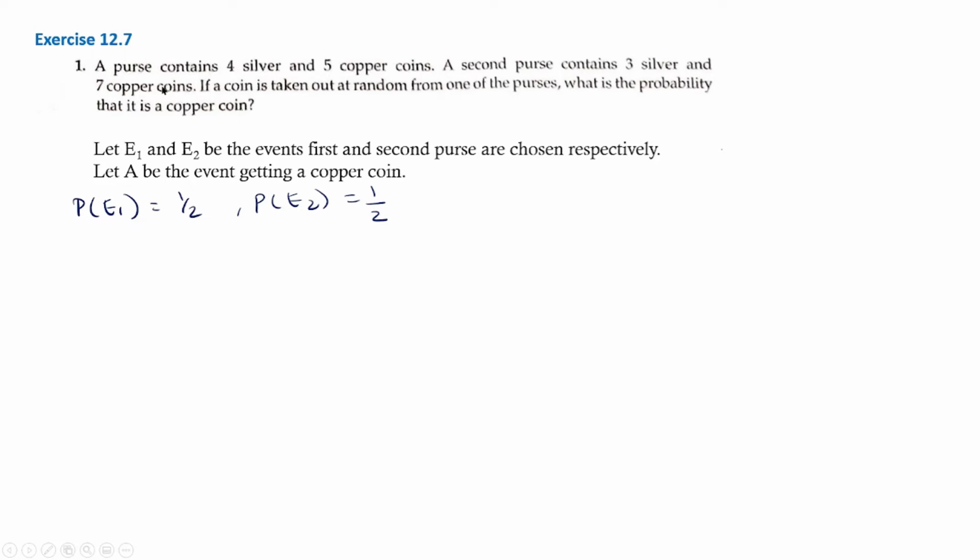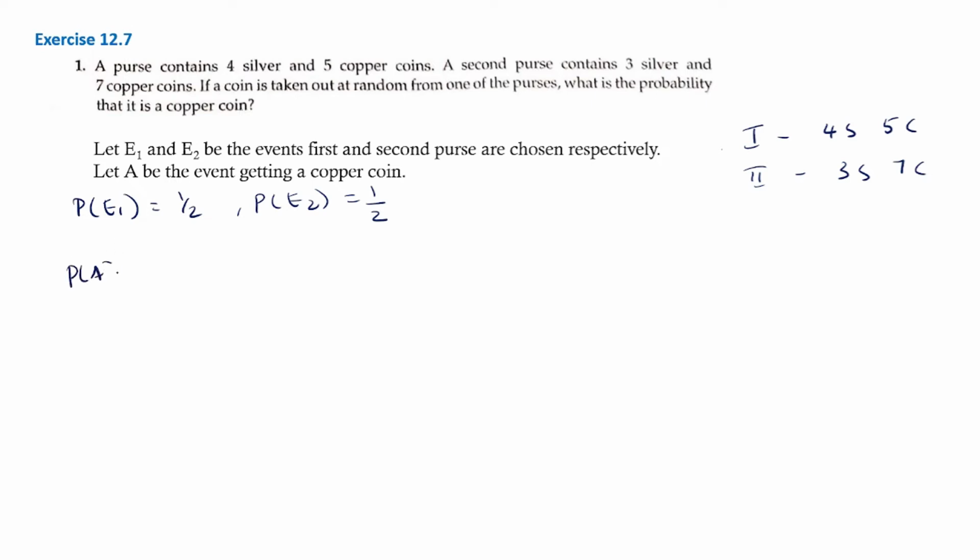So here it is given the first purse contains 4 silver and 5 copper coins, and the second purse contains 3 silver and 7 copper coins. So we have taken, let A be the event which is getting a copper coin. We need to find the probability of A. We just now saw from the law of total probability,